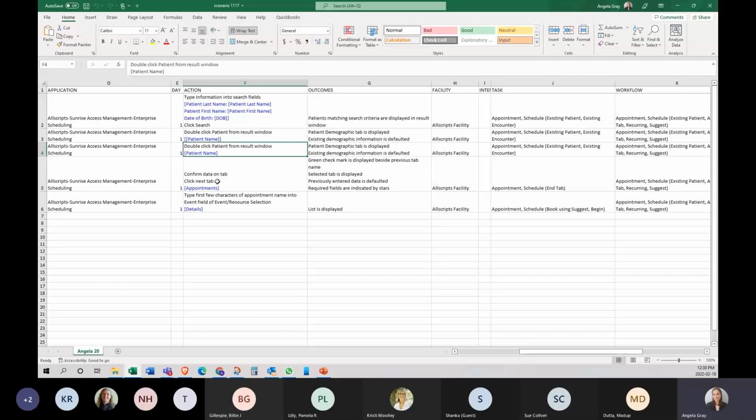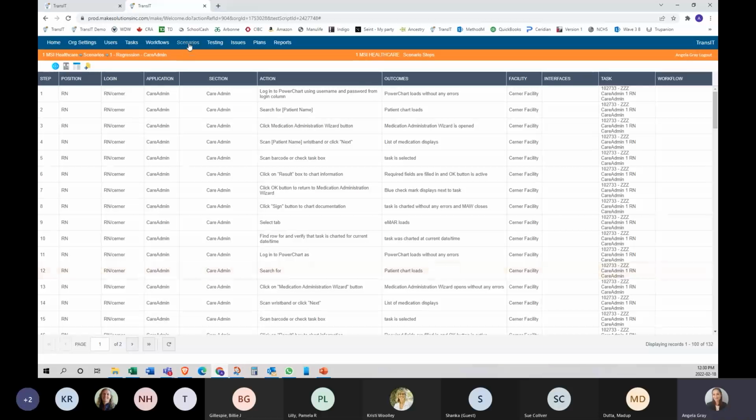The next is having something typed into a details field. Appointments here is not one of our header fields. It's saying that we want appointments typed into a details field, meaning that this field is going to be available to update from the scenario steps. And the last example here is just that you want to have a details field available to you at the scenario level. So if I go back to TransIT here,